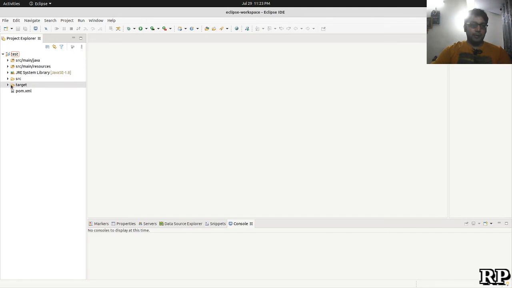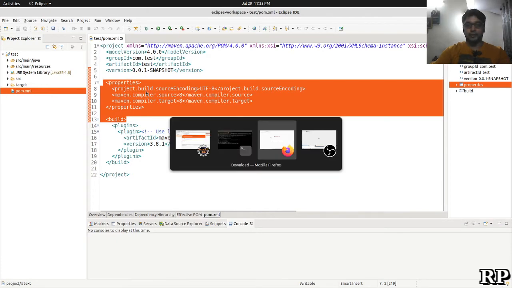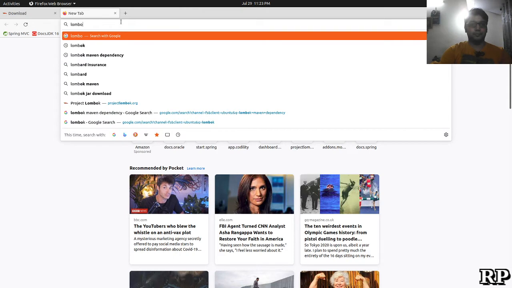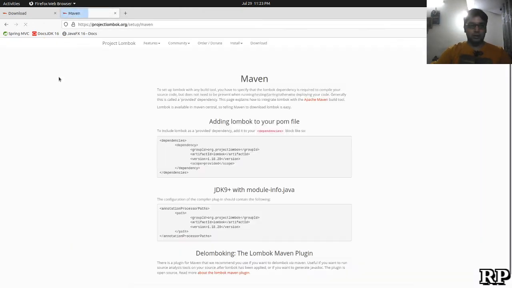So we have a Maven project with us, and I'll have to add the Maven dependency to this project so that I can compile with Maven changes. So I will say Lombok. This is the latest.